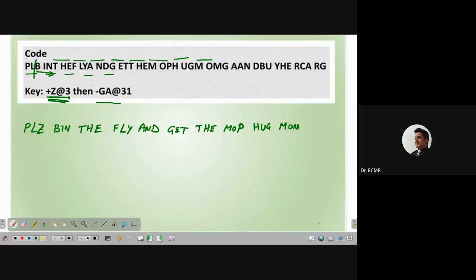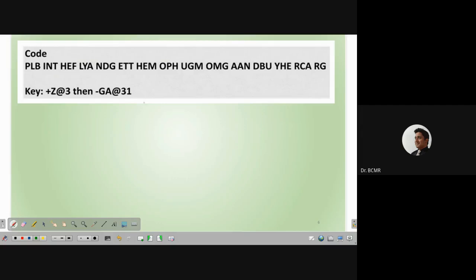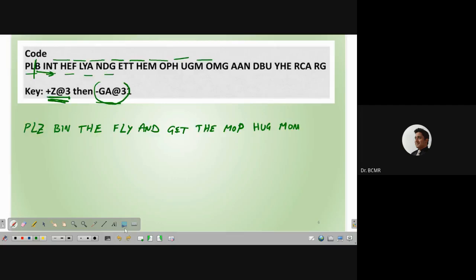And I forgot to do this. This is the second key that is also there. What did I do? So I have a second part to do, a second modification. That is going to, let me check, at position 31. 1, 2, 3, 4, 5, 6, 7, 8, 9, 10. That is 30. And in this place, I am supposed to add GA here. Okay. Hug mom, and then